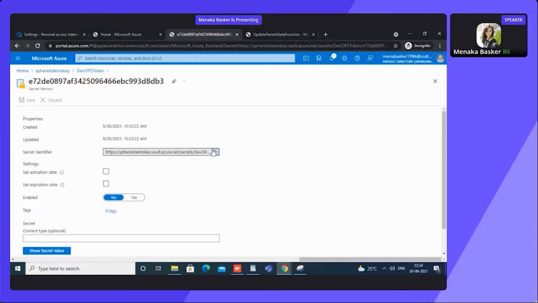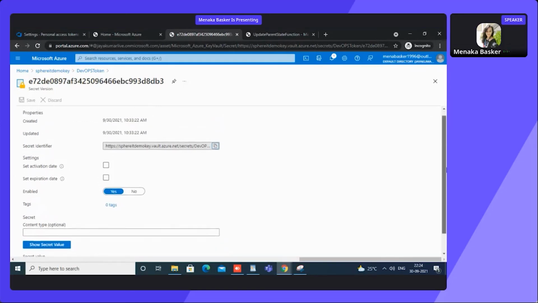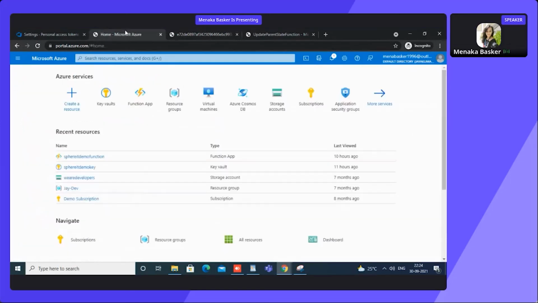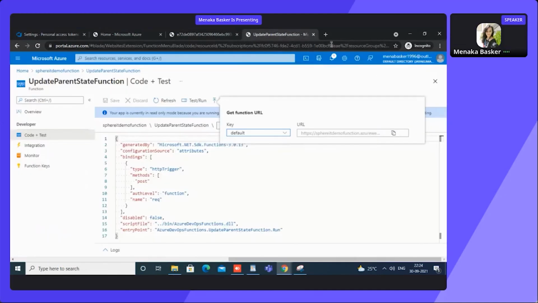I have just copy pasted the DevOps token here as a secret value, and I can set the other things, manage access, identity, everything based on my requirement. This is how the integration from DevOps to the function, and from DevOps to the Azure Key Vault, happens.